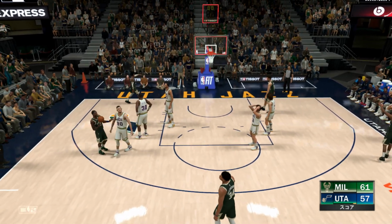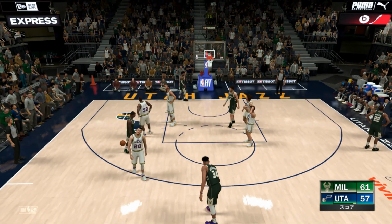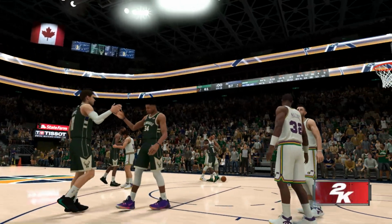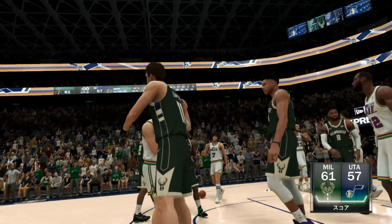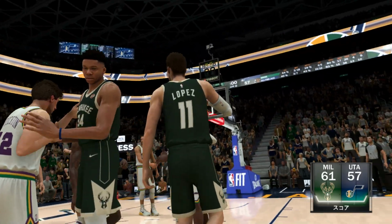So a close game sees Milwaukee taking this one. They escape with a victory, although they needed an extra period to get it done. Yeah, but what a great game. I mean, both teams, I felt like, gave it their all. But when it came to